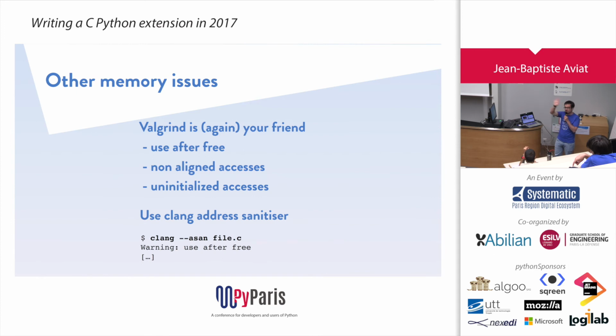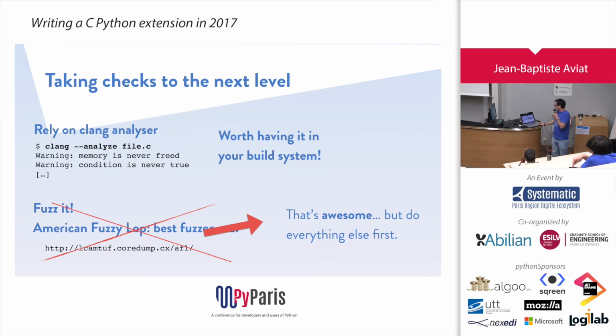After that, obviously, hopefully, you have no more memory leaks. All right? Other memory issues. So, memory leaks, that's one thing. You can have other things. Valgrind can help you find things like use after free, so you use a variable that was freed. Sometimes it will work, sometimes it won't. It depends on the memory layout of your program. It leads to very, very tricky bugs to debug. Invalid accesses, uninitialized accesses, all these kinds of things, Valgrind will help you with.